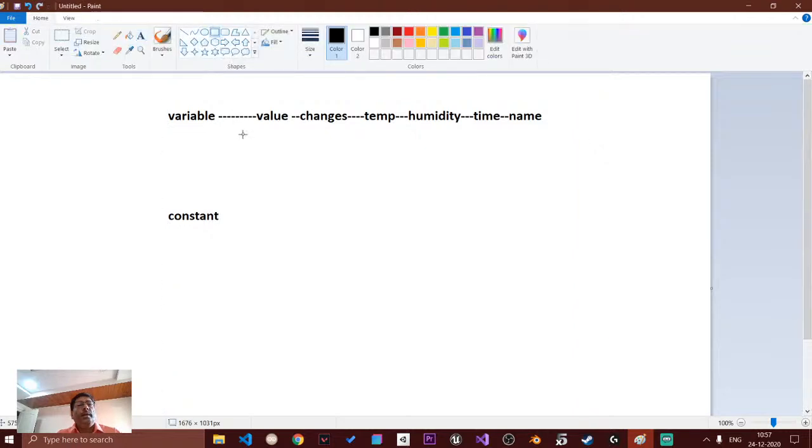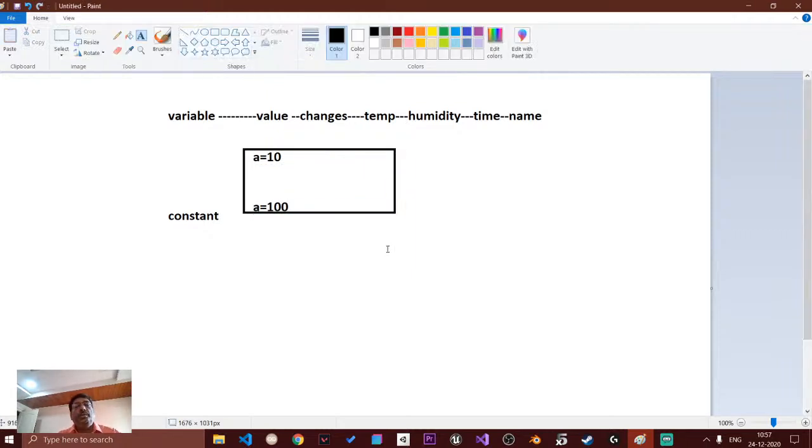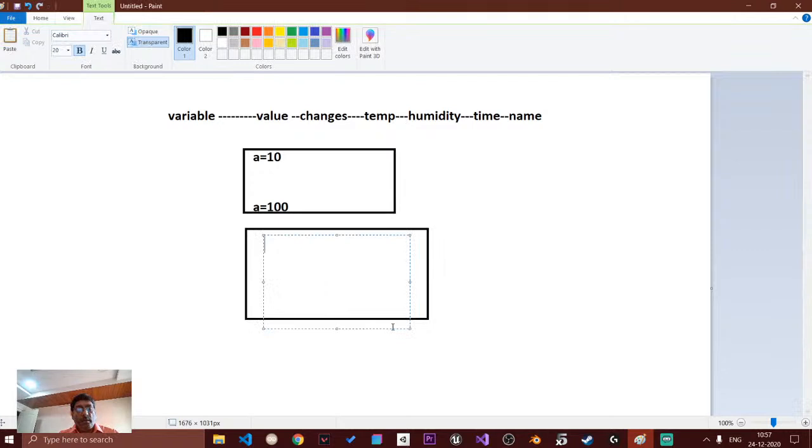If you are writing a particular program, suppose the value of A at the beginning of the program is 10, and at the end of the program the value of A is 100, then you say it is a variable. A is a variable over there. But if the value of A at the beginning of the program is 10 and the value of A at the end of the program is 10, then you say it is